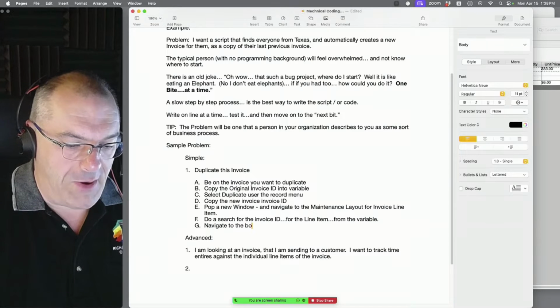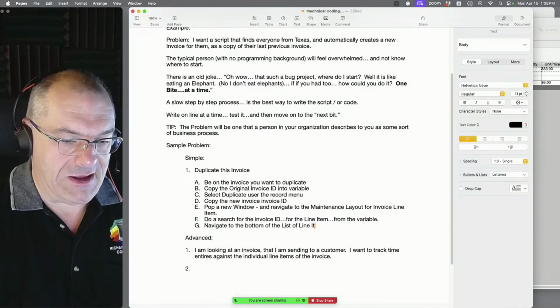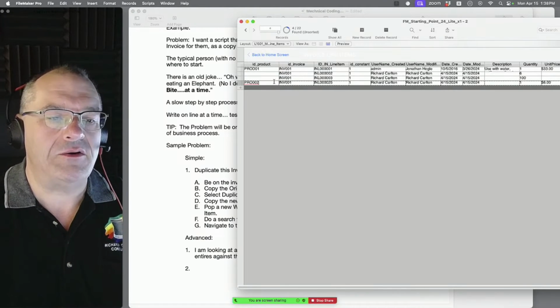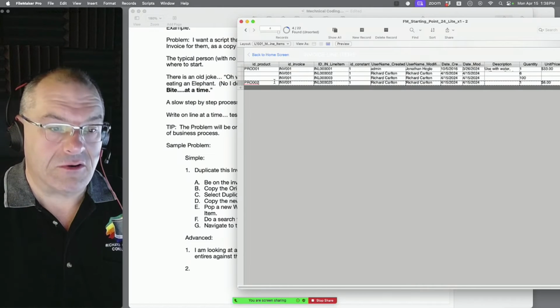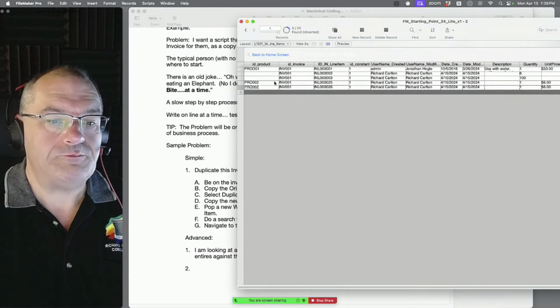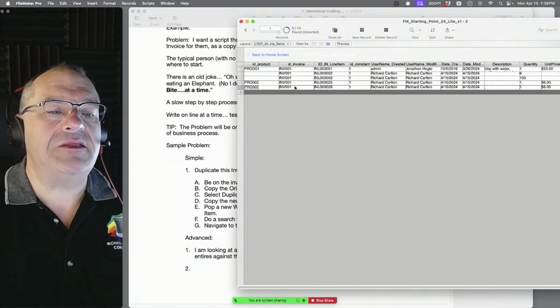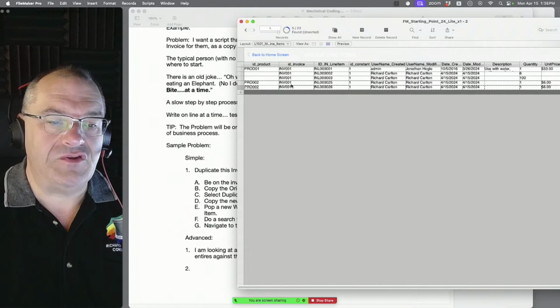Navigate to the bottom of the list of line items. Okay, great. He's at the bottom. Last record. Duplicate record. Then set the ID for this duplicated record.